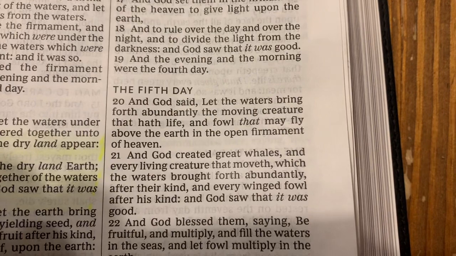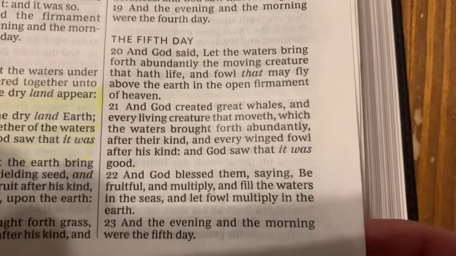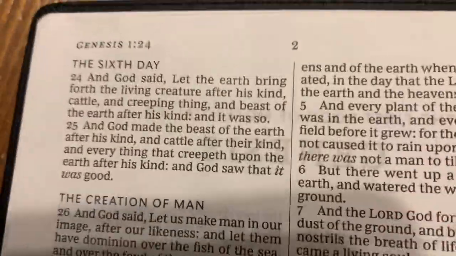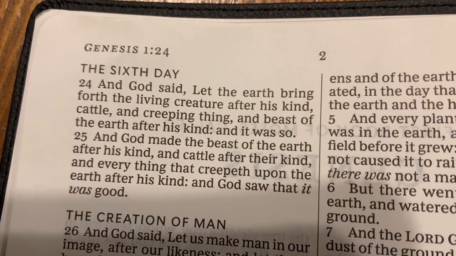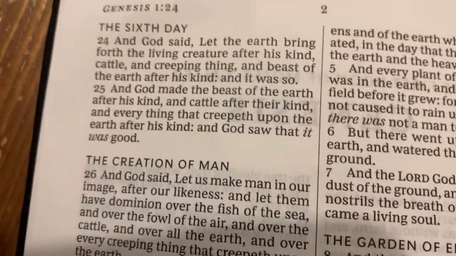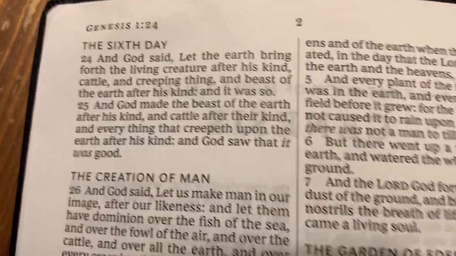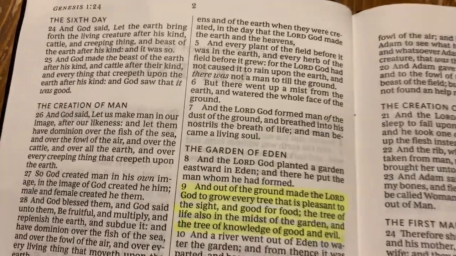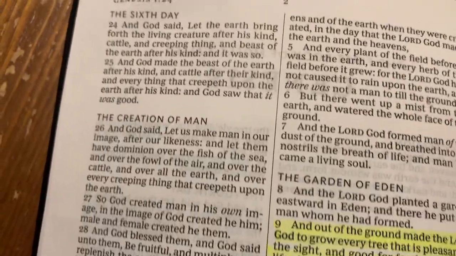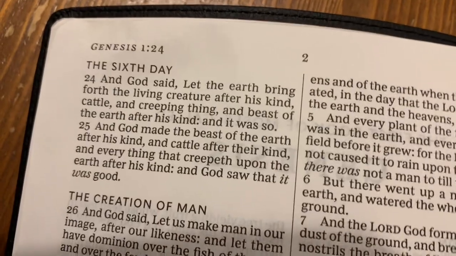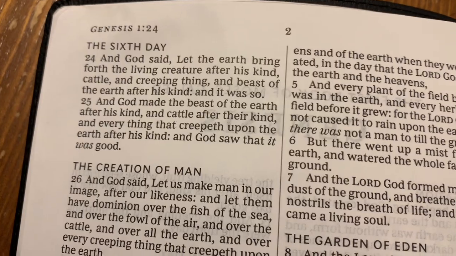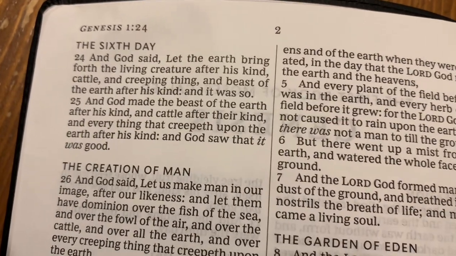Then if you go here, the fifth day, you have 96, which is interesting because you can actually flip the 6 and the 9. And over here on the sixth day, you have actually 64 words here. There's lots of stuff that you can talk about with the number 64. 64 is the square of 8 and the cube of 4, which is kind of interesting because this is the sixth day of creation.